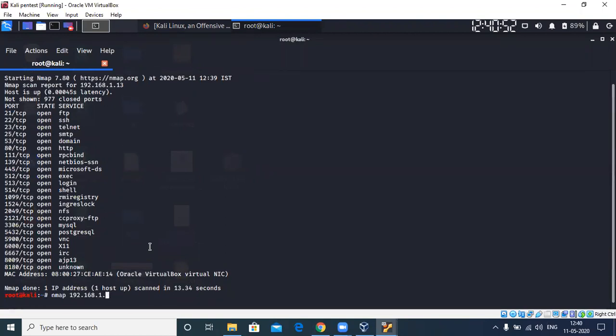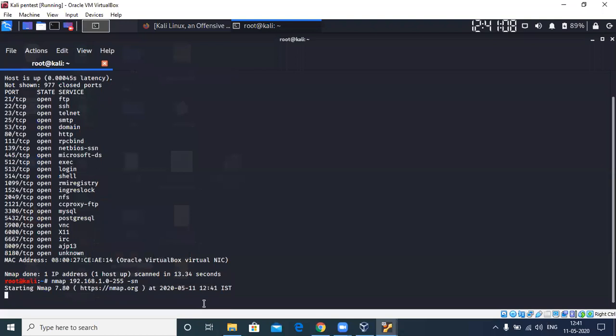That's it. For example, I want it to be performed on all the IPs available in my home network. 255 will be the last for the section, so 0 to 255 is what I'm going to do. And I don't want to waste much time on it, so I'll just go ahead and do a ping scan. Now, who can tell me what a ping scan is?